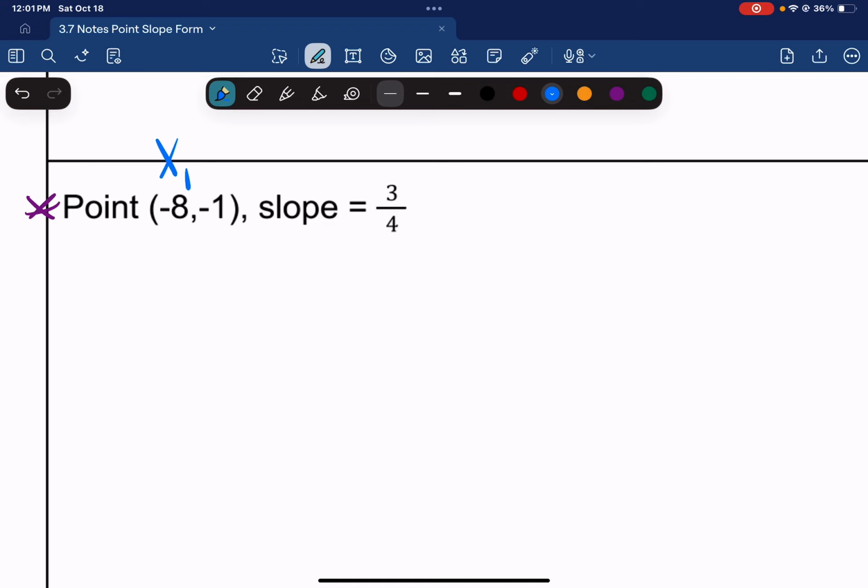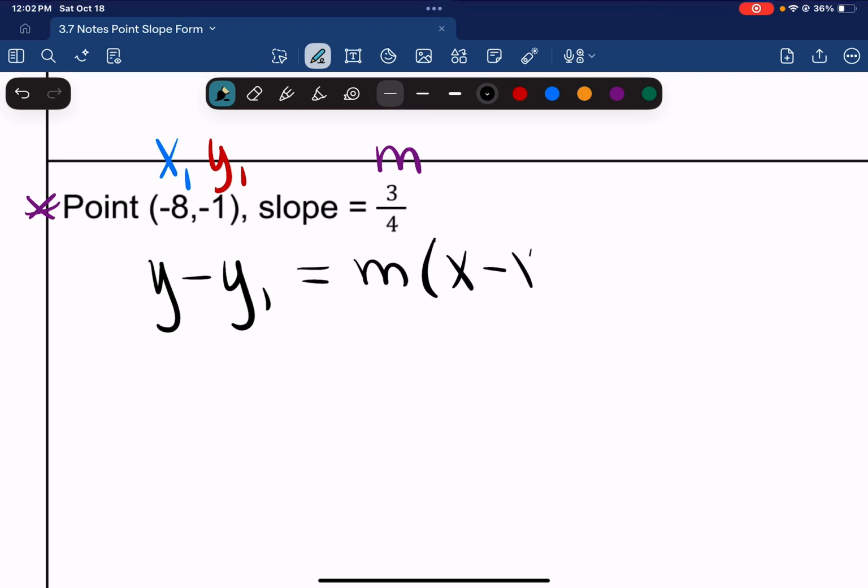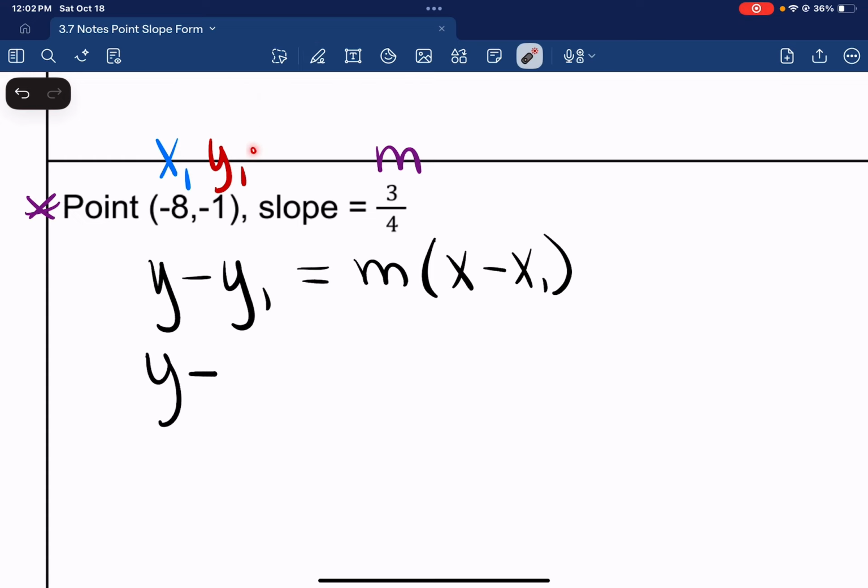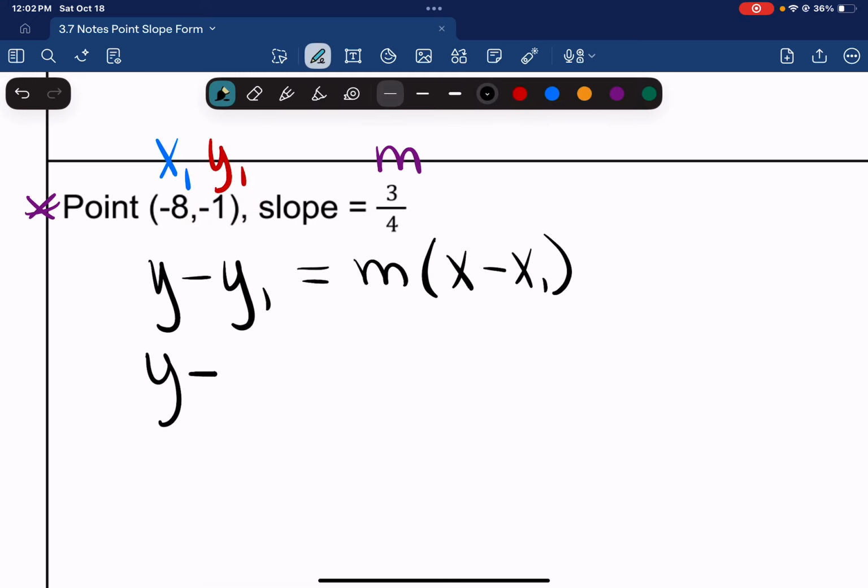So again, we have a point and a slope. So let's label x1, y1, and our slope is just our m value. So y minus y1 equals m times x minus x1. And then sub in your values. So let's see if you can think about this for a minute. If I have y minus, my y1 value is a negative 1. So when I subtract a negative 1, what does this actually turn into? A plus 1 equals, our slope is 3/4